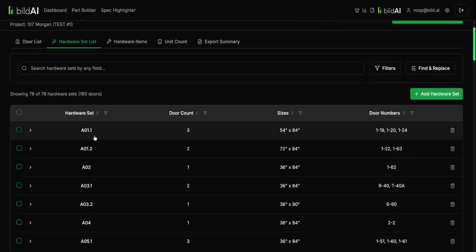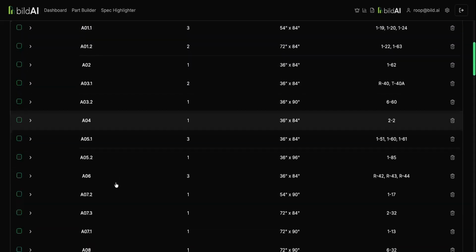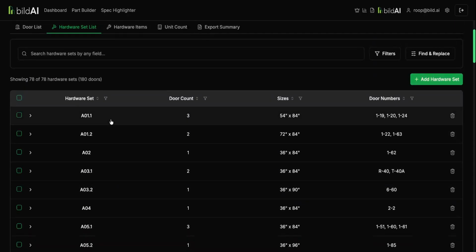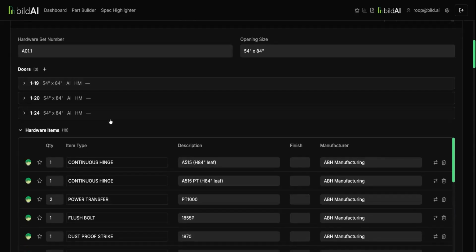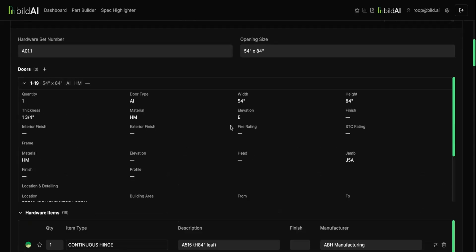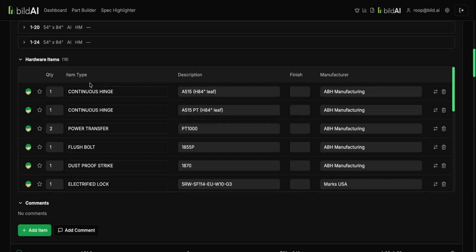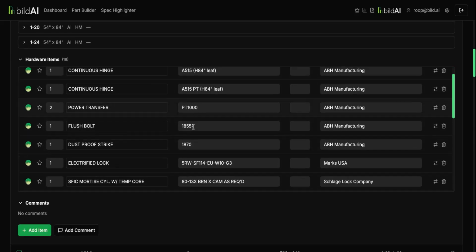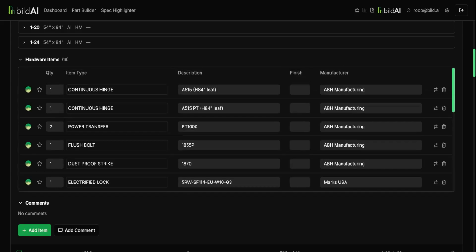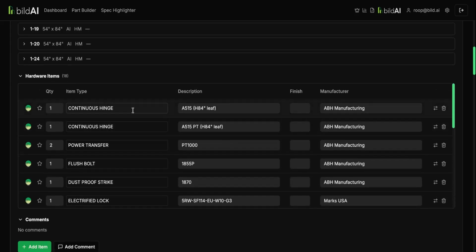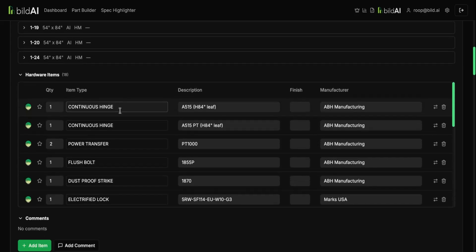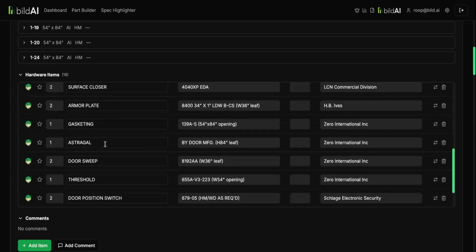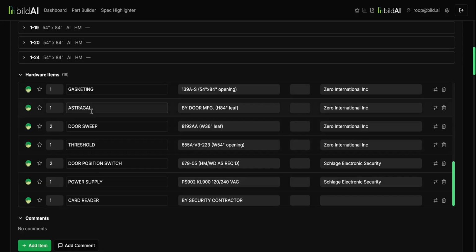And then hopping over here, you have the same thing for hardware sets. So you can see all of our hardware sets that were pulled out are listed here. And we can click into any of the sets and we can see the doors that it's assigned to, as well as all of the hardware in this particular hardware set. So you can see here, there were some sized items in this set, like continuous hinges and door sweeps, thresholds,